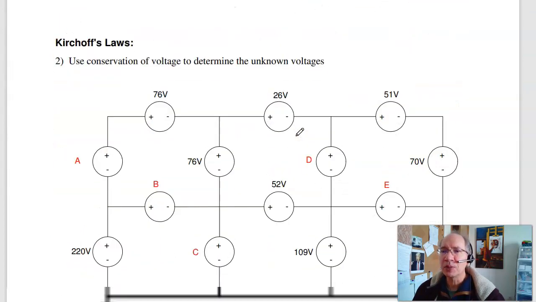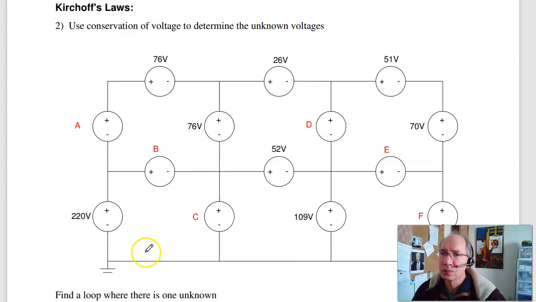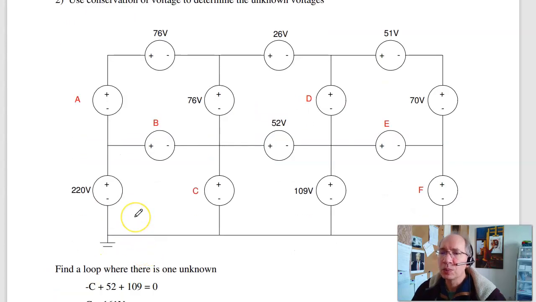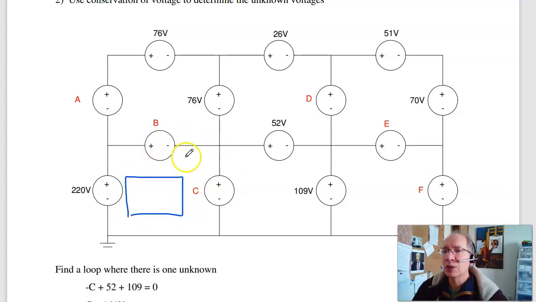Problem 2 is kind of like a Sudoku puzzle. So this uses conservation of voltage. Around any closed path, the voltages have to add to 0. So find a path where there's one unknown, like right here. This tells me that minus C plus 52 plus 109 equals 0. I'm back where I started. Or another way to do it,